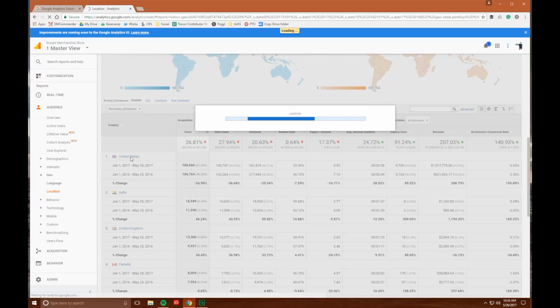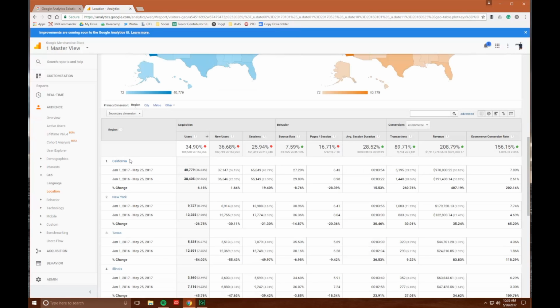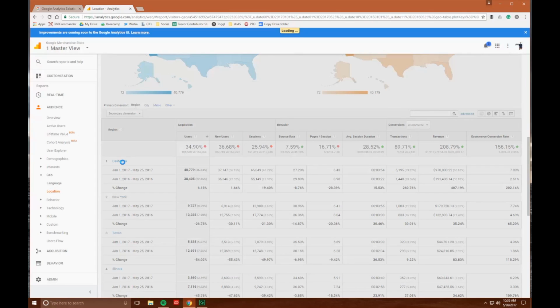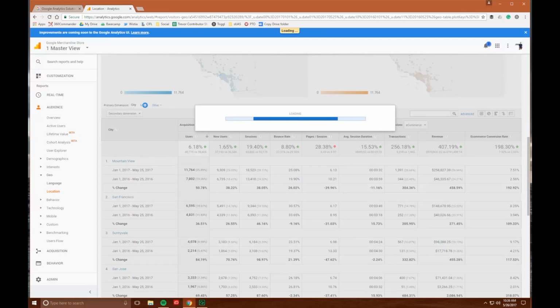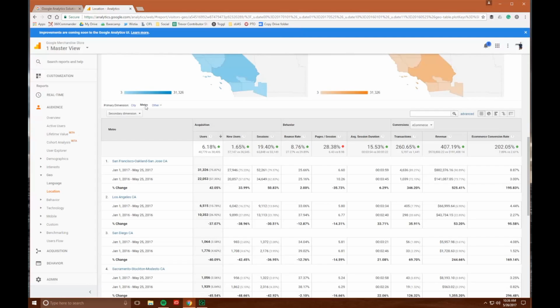It's cool when you click on these data sets, it'll drive down into deeper levels. State, if you wanted to go from state down into city, just click on that state and see what's going on. Interestingly enough though, one thing that I like to look at is metros. These are DMAs. This is a good way to look at it because when you do advertising, let's say in Google Analytics or with Google AdWords and other major advertising companies, DMAs are what you're looking for.